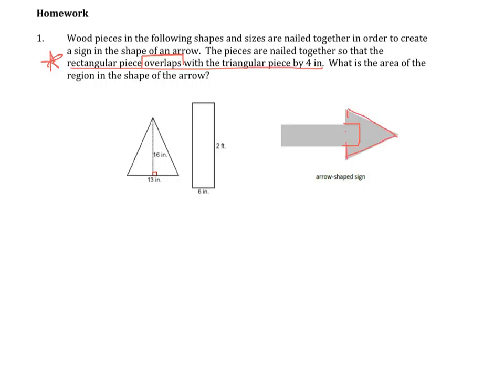So I know that the area formula of a triangle is equal to 1/2 base times height, so that's 13 times 16, and we take 1/2 of that, so our area is 104. Then we're going to find the area of the rectangle, which we know to be length times width, so that's,